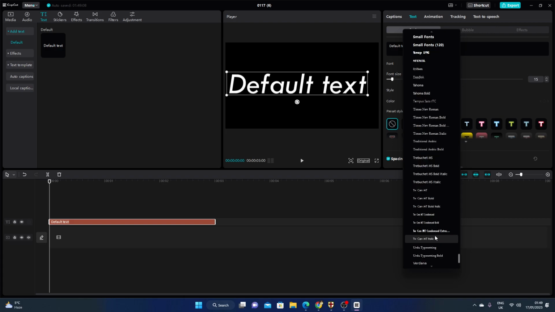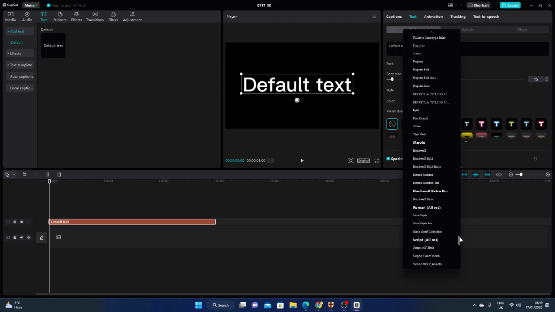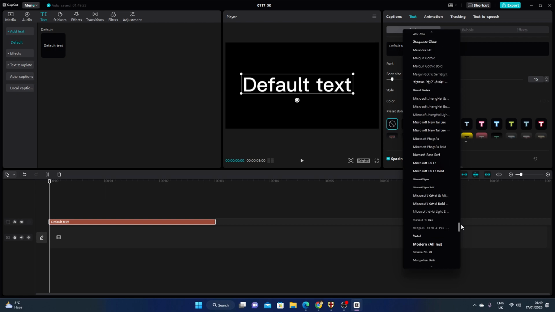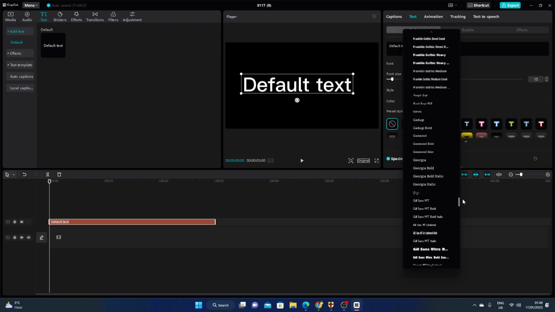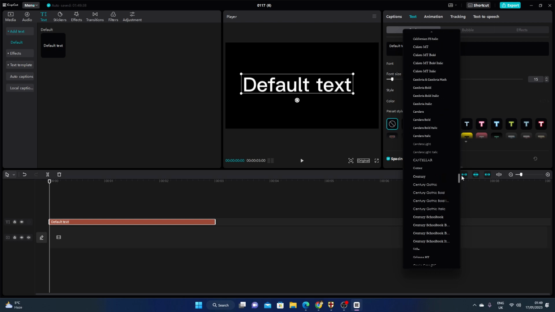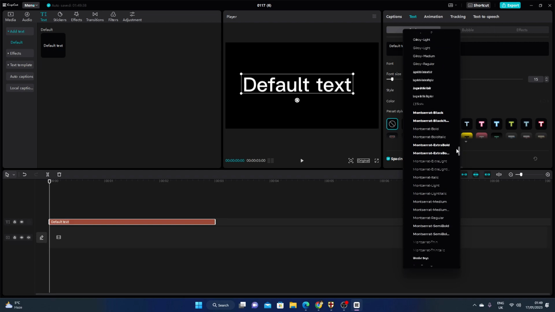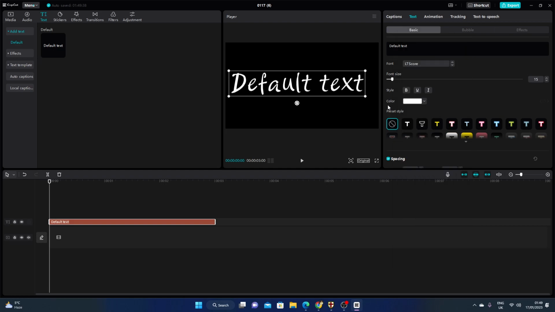So the font name is LT, so you have to go towards the letter I. So it may be in IT, so I'm just going to move above. Okay, here is LT Score. You can find it. So in this way you can